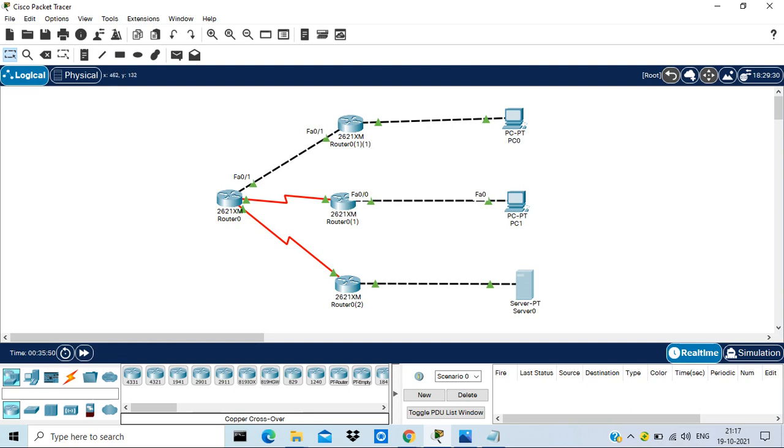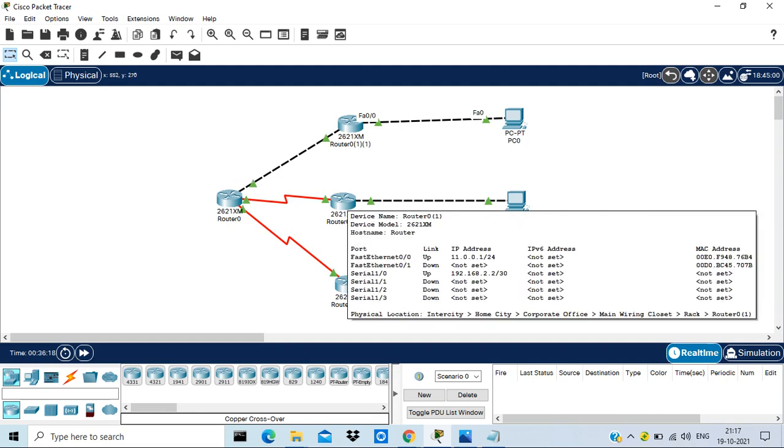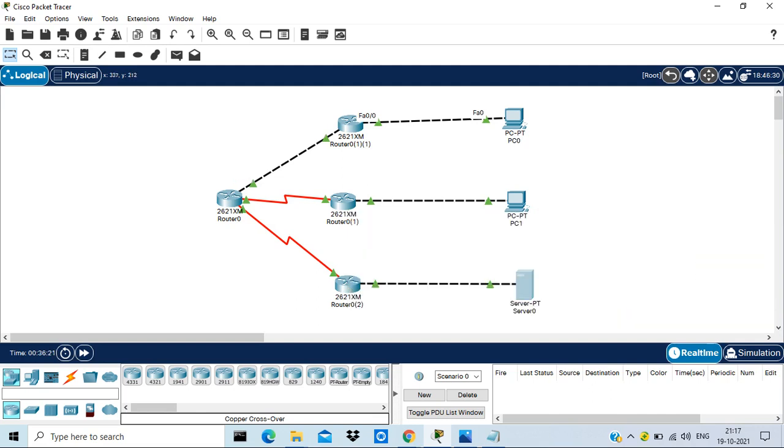So here you definitely need to add three routes so that incoming packets from the local LAN, which has not been shown here, reach the right branch. If anyone sitting in the LAN of the head office wants to access a PC in branch 1, there should be a proper route assigned in the head office router, because otherwise it may go to branch 2 or branch 3, and the person will not be able to access the PC in branch 1.